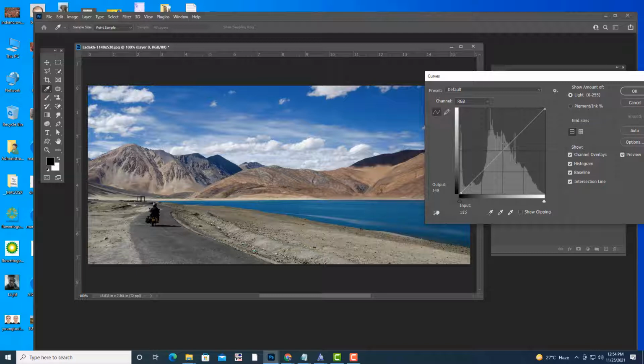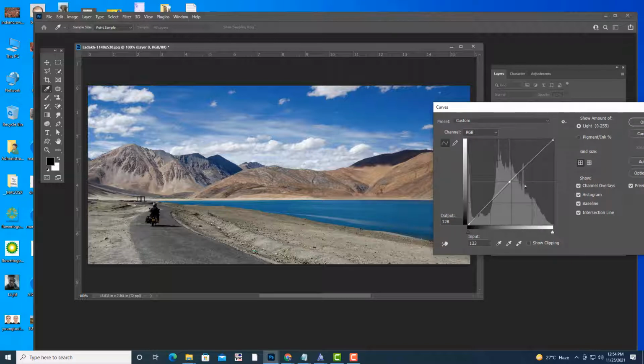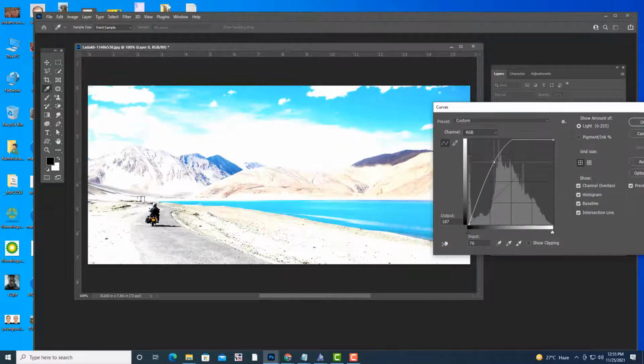If you want to create a point on this curve, you can click anywhere. I am going to click at the middle. Now a point is created. Once a point is created, you can move it up or down. If you move the point up, the image becomes brighter. See, the image has become very bright, looking like a mid-afternoon scene.